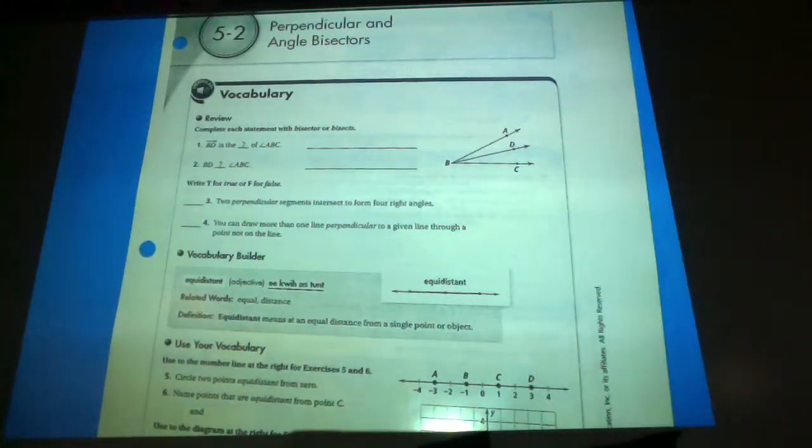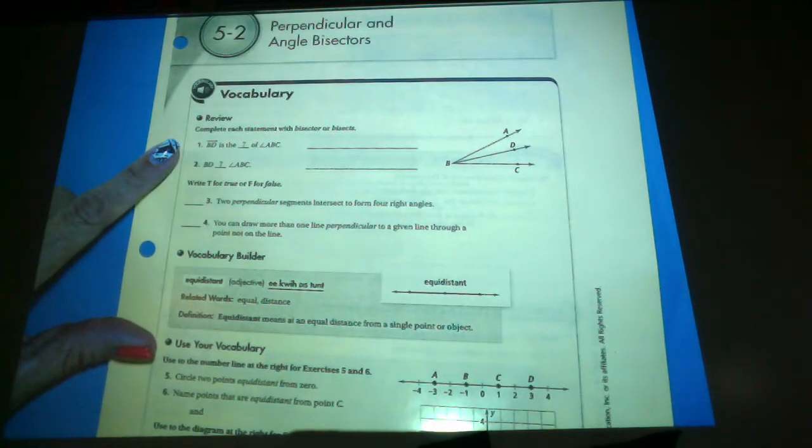All right, so 5-2 talks about perpendicular and angle bisectors. So we talked about perpendicular bisectors to the isosceles triangle before, where the perpendicular bisector of the base also bisects the angle of the vertex. And so that kind of does a double duty. So in an isosceles triangle of the vertex angle, the perpendicular bisector also bisects the angle. So it's both. It does a lot of stuff. Not necessarily true in all triangles, but